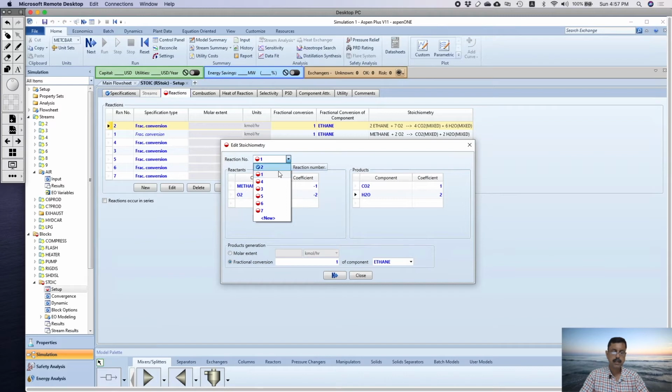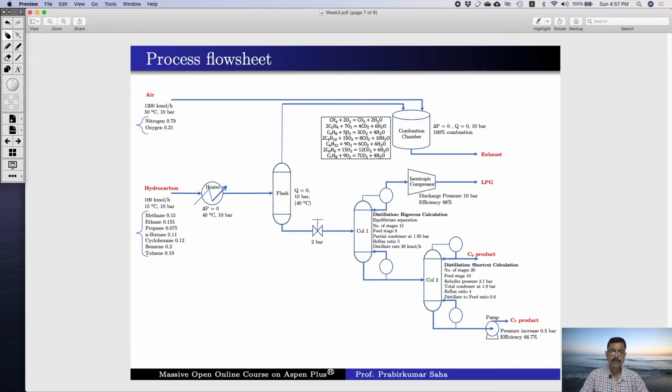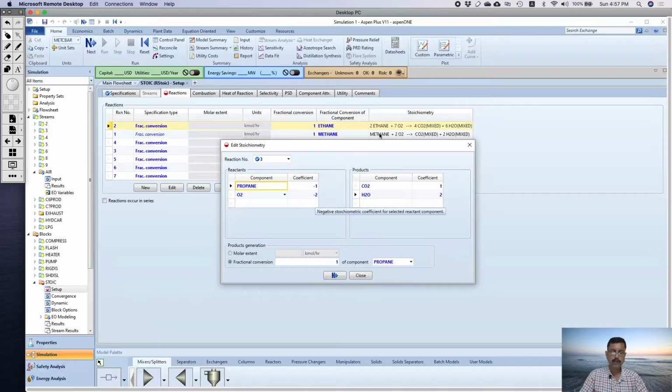Reaction 2, reaction 1 is methane. Reaction 3 propane. So propane, it will have 1 5 3 4. So 1 5, 3 and 4